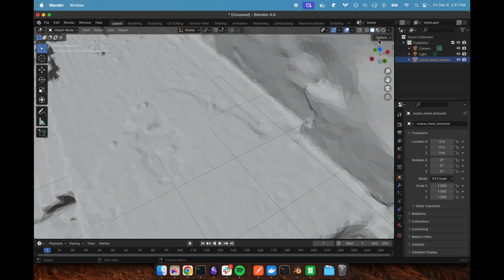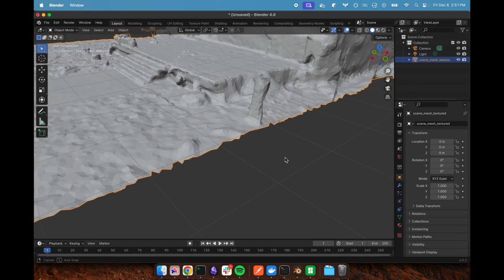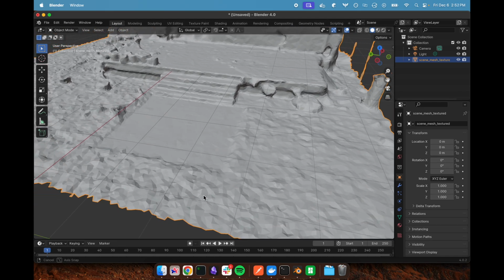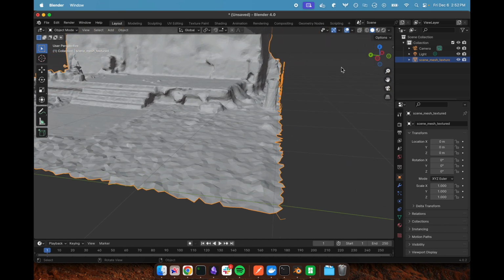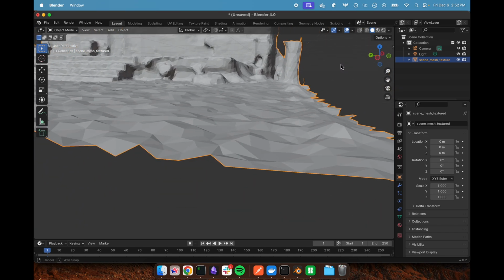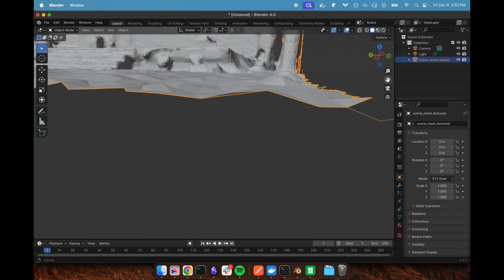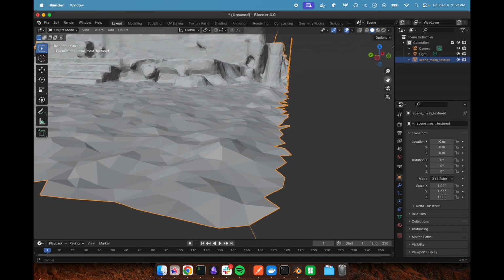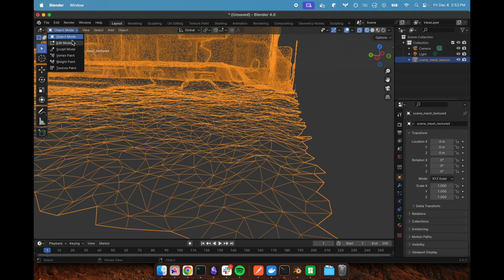It's a little hard to tell in wireframe mode, but in the mesh mode it's, oh, maybe not actually. Oh yeah, there's a hole on that tree. Actually, I think I just want to get rid of that whole tree and these tiny little fence posts or whatever they are over here. We're gonna get the camera angle just right, as best we can at least. Hop back into wireframe, go to edit,